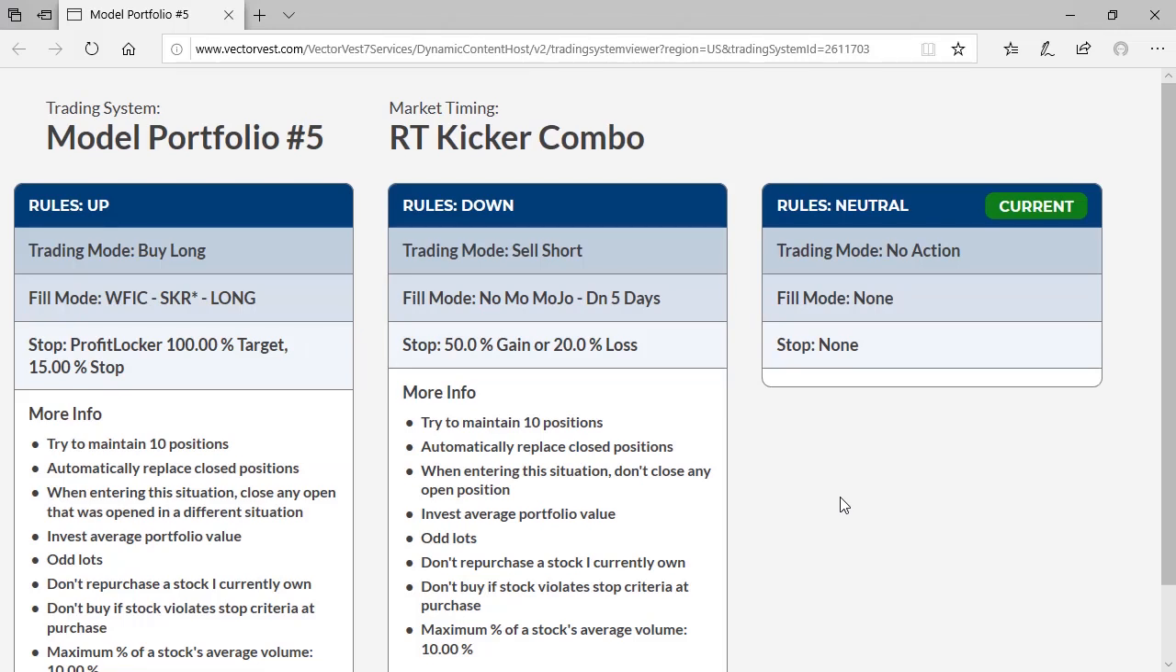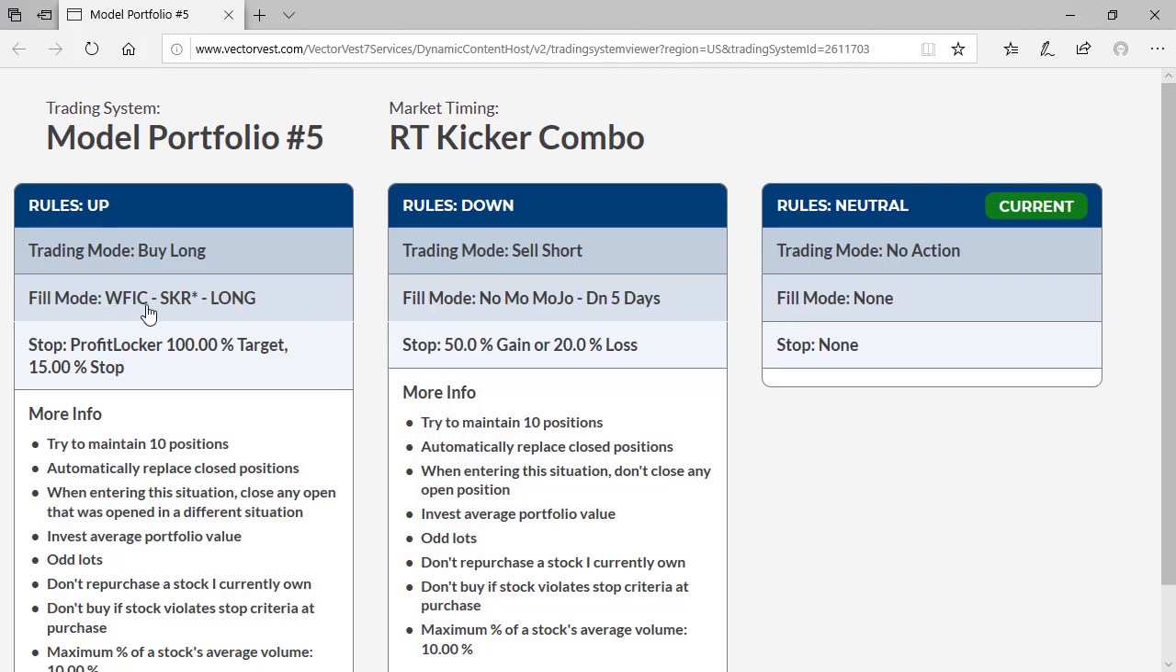Remember, we can go to the action plan to tell us what to do on a daily basis. That guidance is simply executing the rules of this trading system. So if you want to keep this really easy, just follow the daily action plan. But if you like to know what's going on under the hood, this model portfolio is using the RT Kicker Combo market timing signal. When that signal generates an up situation, we buy long from a search named